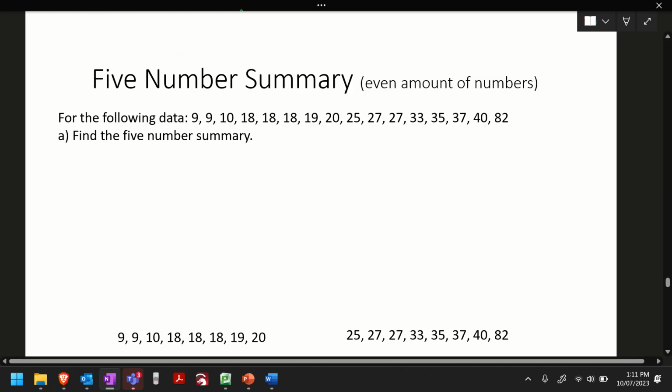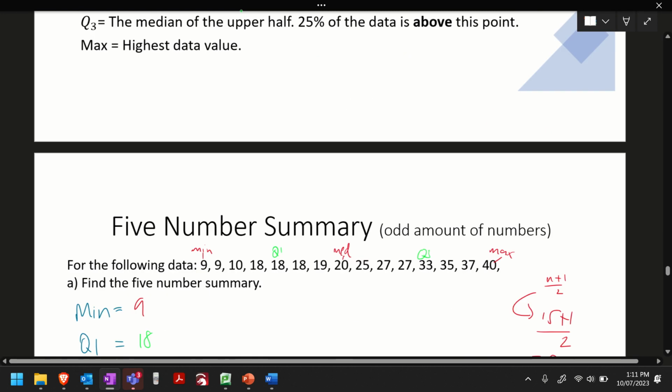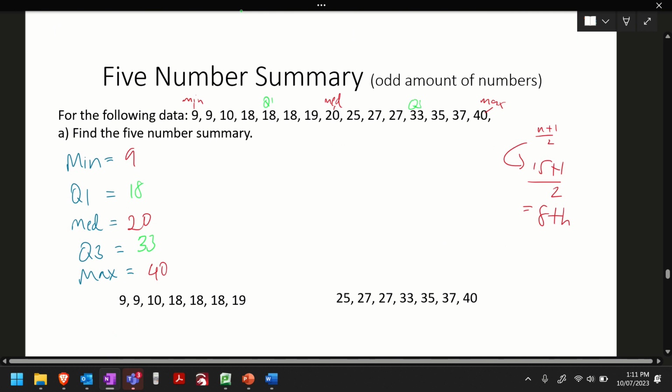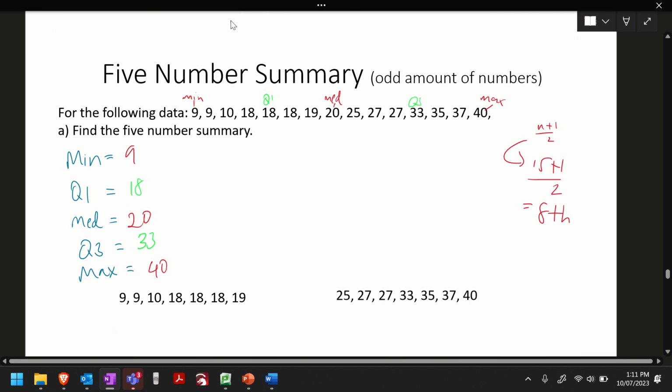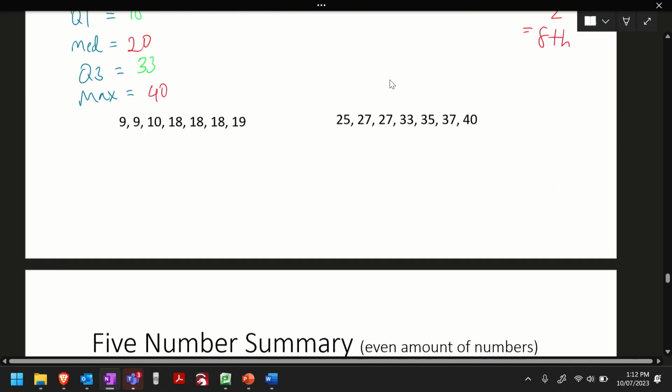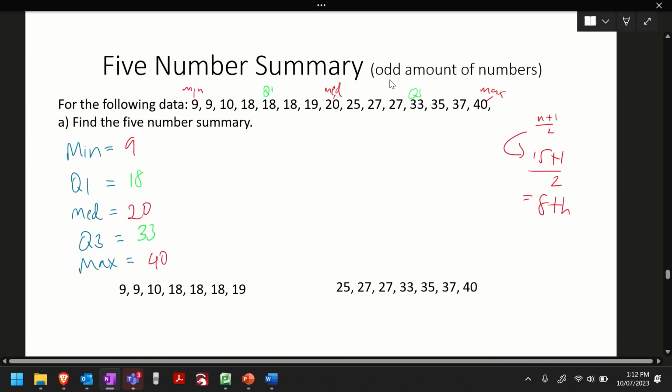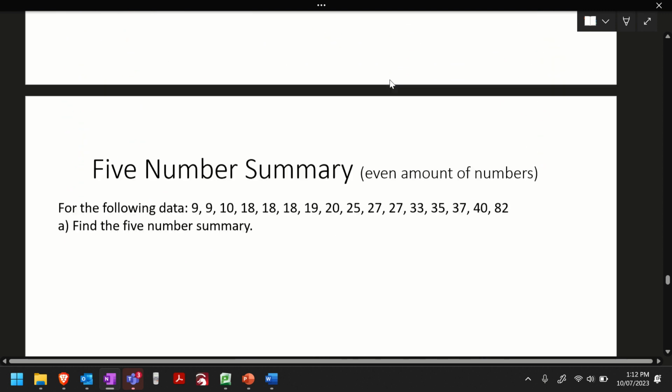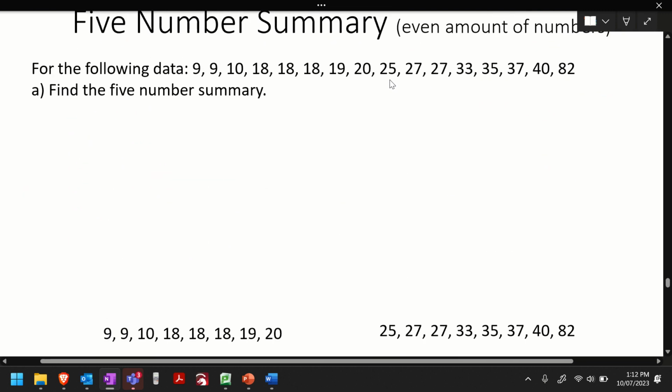The next question here. Okay, so notice how they're slightly different. Thank you for making that point, Estevan. The first one here is an odd amount of numbers. Here you've got an even amount of numbers, so it's a little bit different. I'll do it with you guys as we go. But do we understand this? Not too hard, yeah? All right, let's do this one. But now you've got an even amount of numbers.